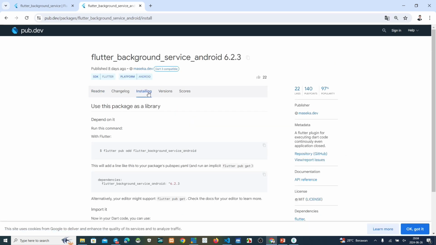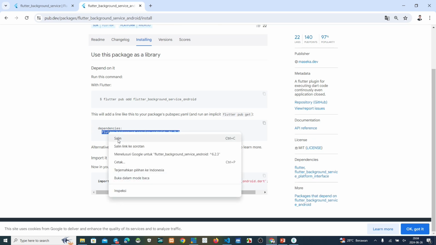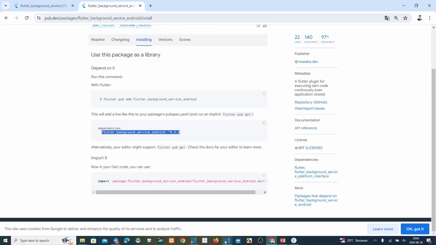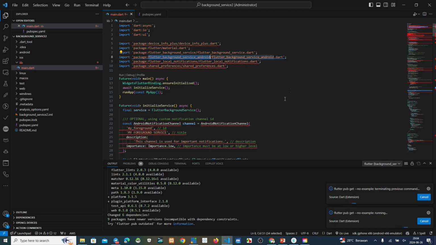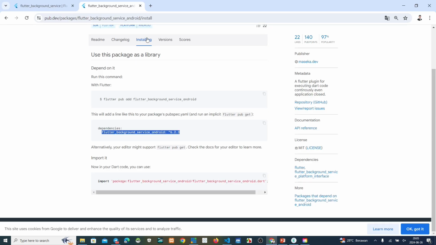Click here. Copy these dependencies to our project. Copy. Okay, what else? You can see this.